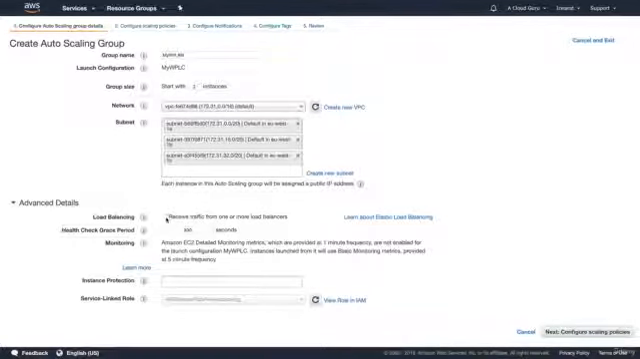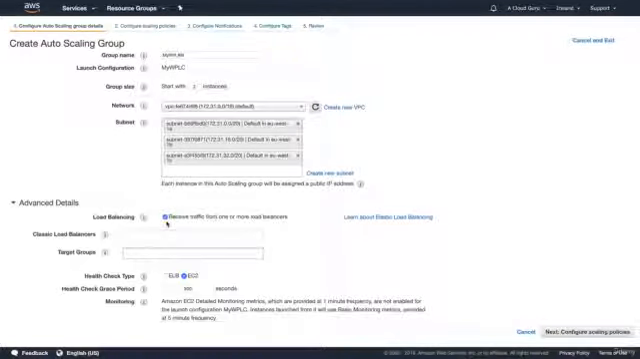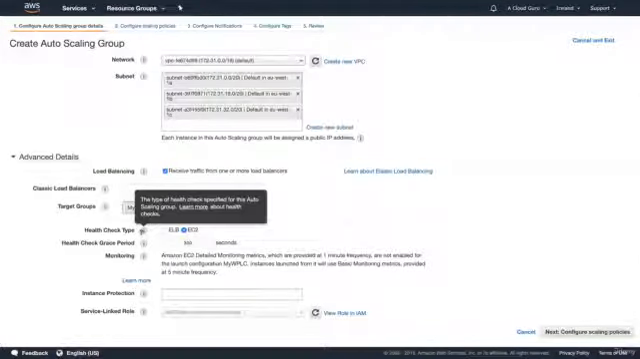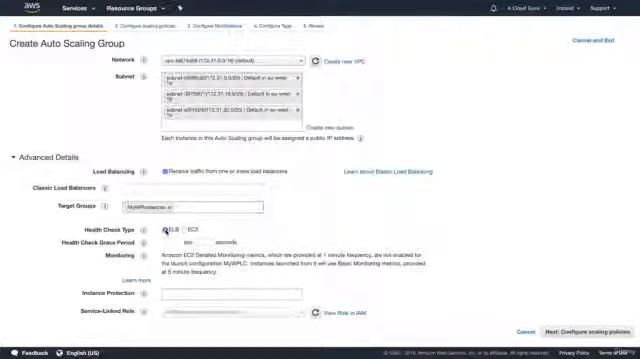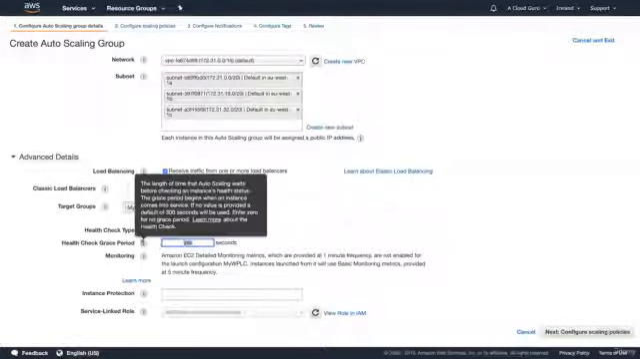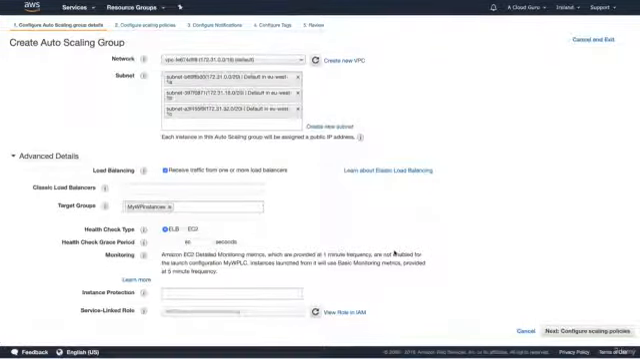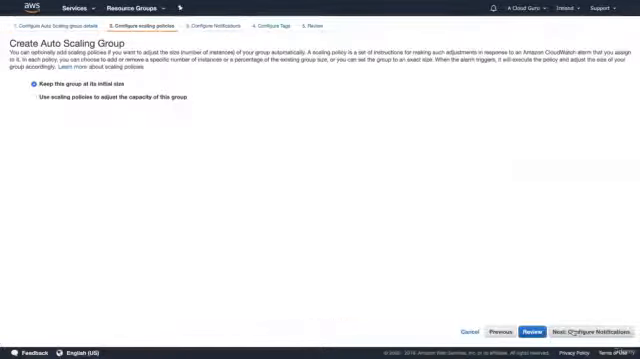In here, we're going to say receive traffic for one or more load balancers. So you can either choose your classic load balancers or your target group. We're going to use this one, my WordPress instances. The health check, are we going to do an ELB health check or an EC2 health check? I'm going to choose an ELB health check, so our ELB will go through and be able to monitor this. Your health check grace period is totally up to you. I'm going to choose 60 seconds so it updates quite a bit quicker. And then everything else I'm going to leave as default, and I'm going to go ahead and configure our scaling